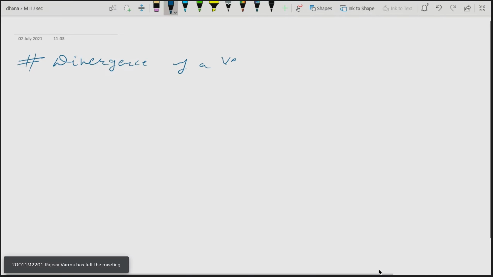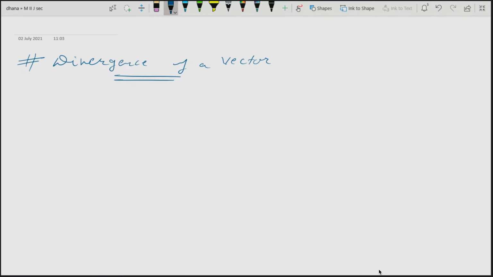of a vector, how it is defined. So the whole statement is very important. Gradient of a scalar, you have applied that delta operator in a particular manner on a scalar function. Now the same operator you will apply in a particular manner on a vector function. Okay, so let us see how you will calculate the divergence of a vector.